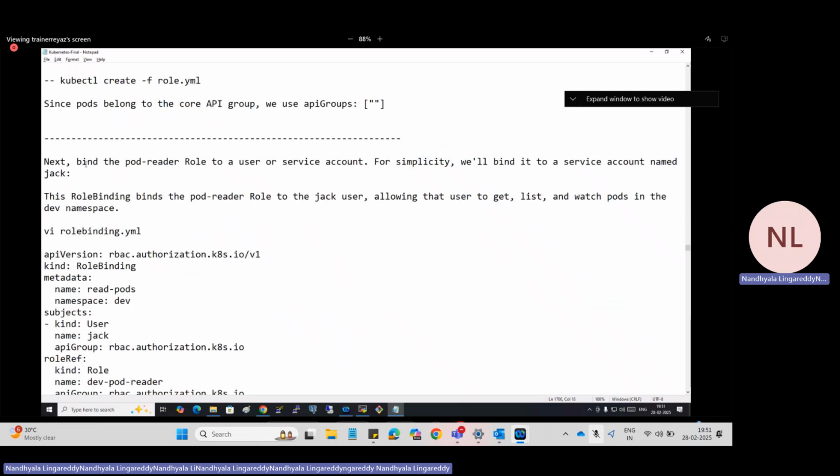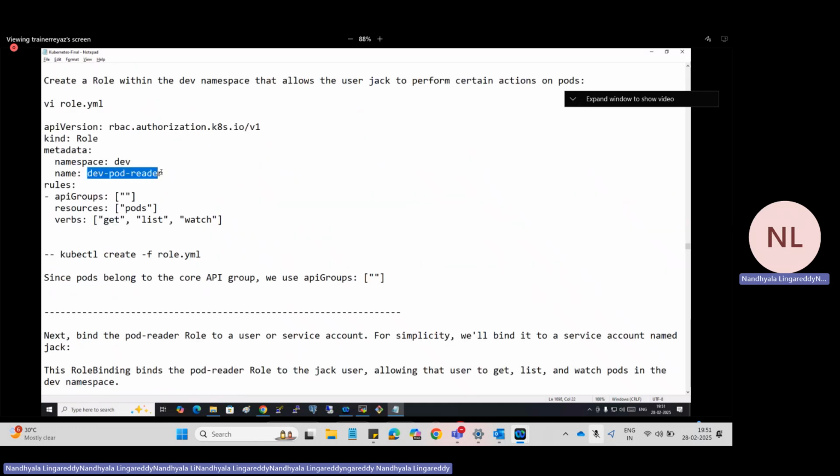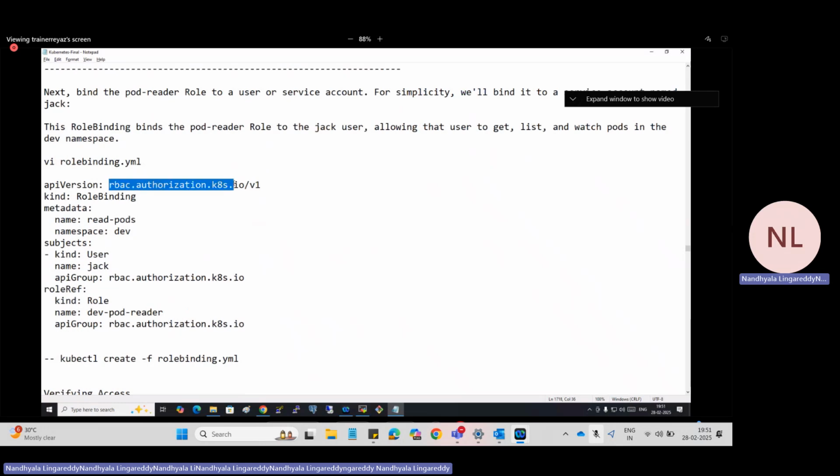Next, bind the role I have created, dev pod reader. This dev pod reader role, I need to bind it to the service account. So this is the role binding. API version is this. And what's the kind I'm using here? RoleBinding. And what's the name of it? Read pods.